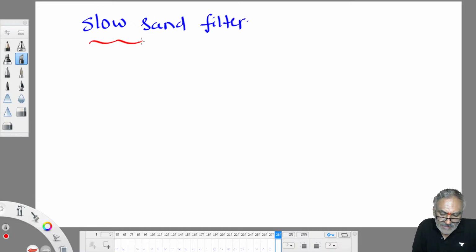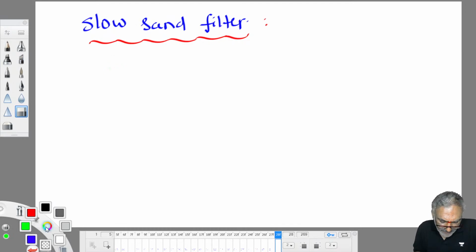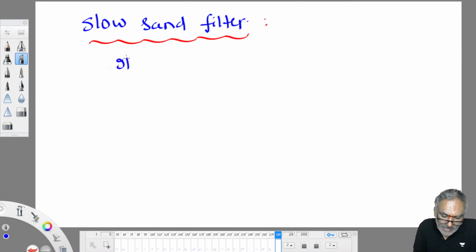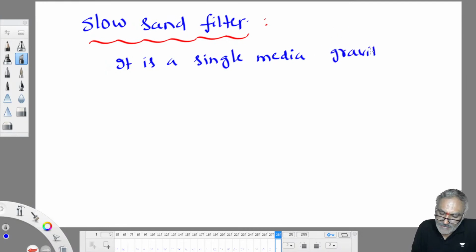Slow sand filter is a single media, gravity type slow filter. It is a single media type, only sand is used as a media. Only one media is used. Some filters use two media or three media. They are multimedia, double media filters. This is a single media, gravity type,